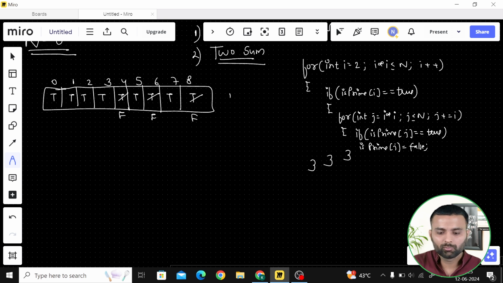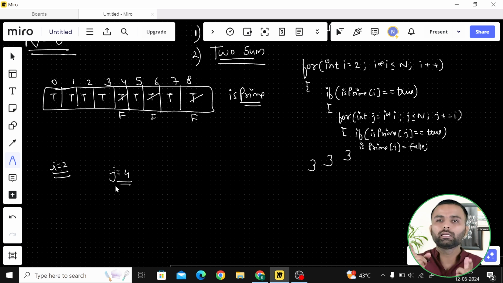So this is the isPrime vector. If you see here, your n is 8, so i equal to 2 will run. Inside this, I'm asking, is this prime? It means it's true, so this is satisfied. Now inside your loop, j is i into i, which means 4, pointing to a multiple of it.